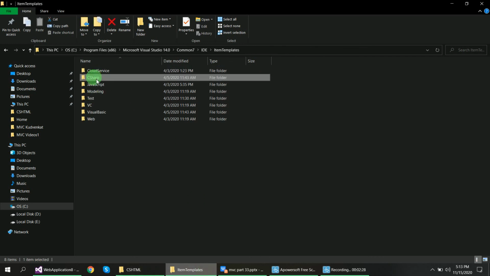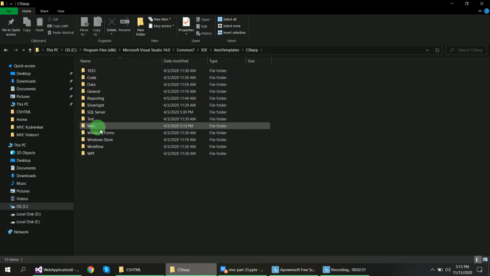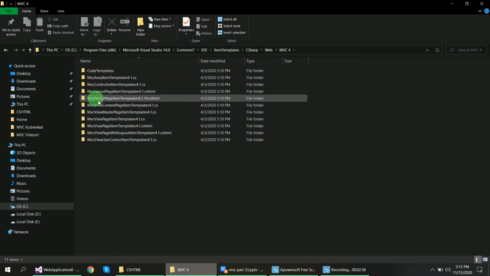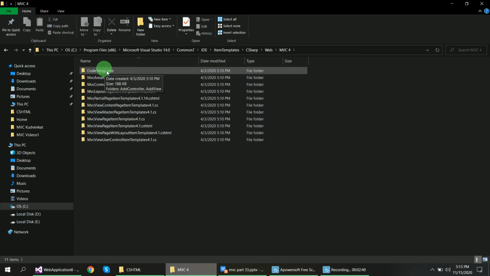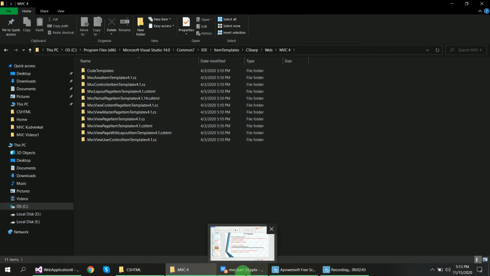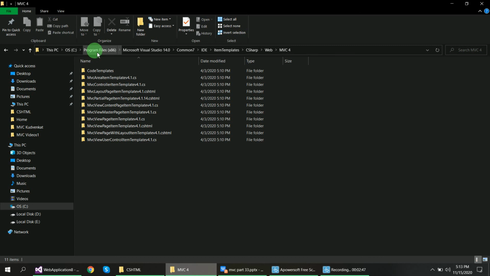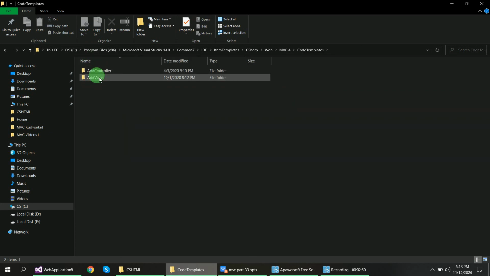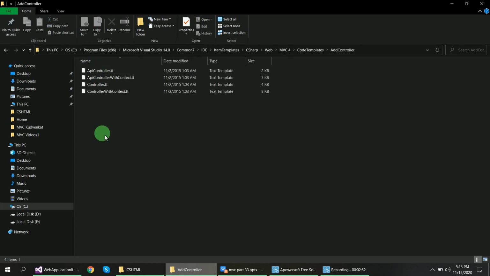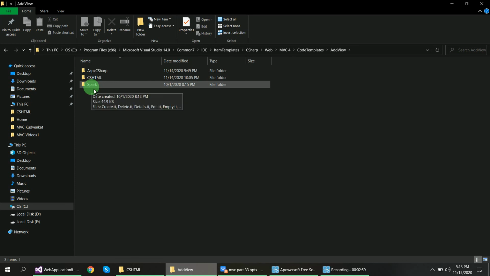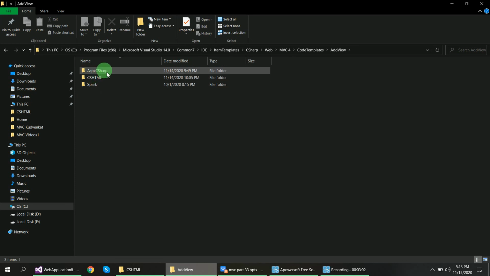These are the templates installed for my MVC application, and the CodeTemplates, like AddView and CSHTML. This is AddController, which holds the controller templates, and AddView, which holds the templates for CSHTML, Spark, and ASPX C#.